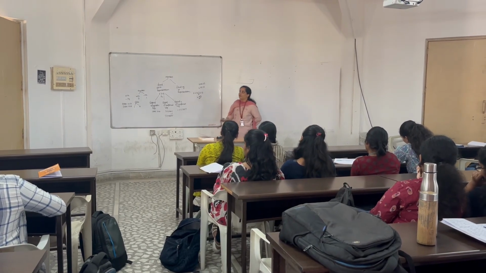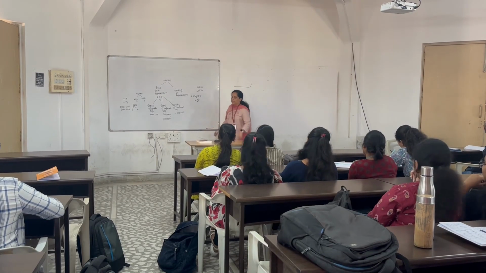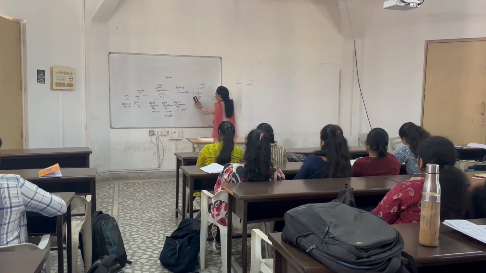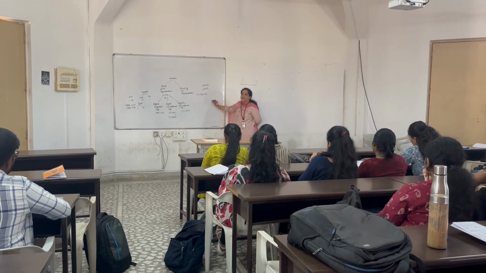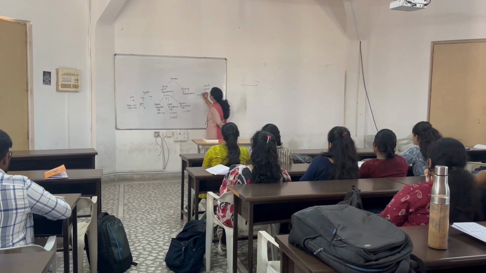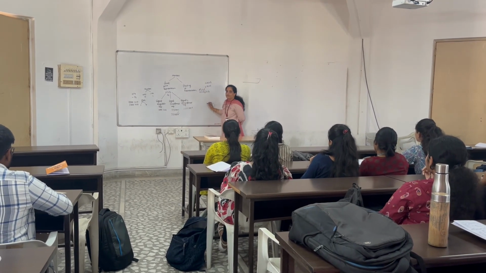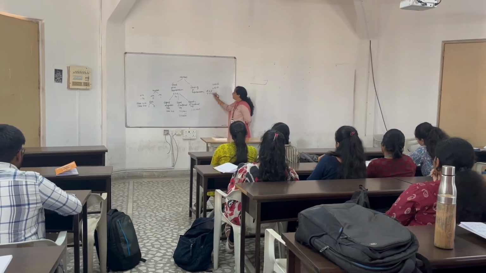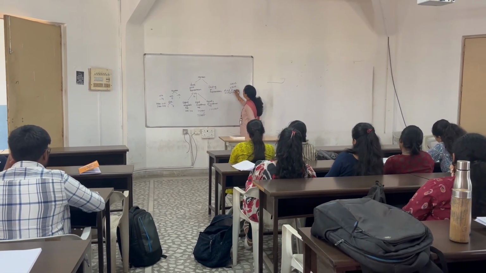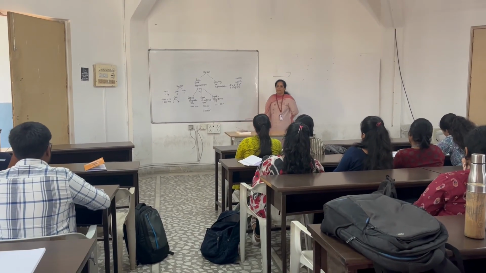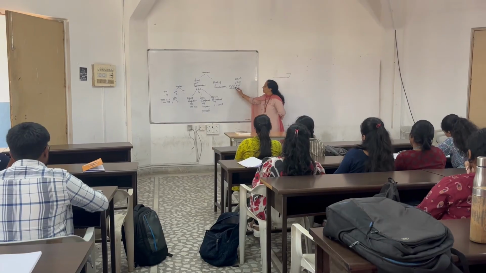When you move the point in either direction, what precaution should you take? Suppose you take the floating point number in this way, generally you write 10 power 0, 10 power 1, 10 power 2. And after the decimal, we write 10 power minus 1, 10 power minus 2. So in this way, whether we are moving the binary point